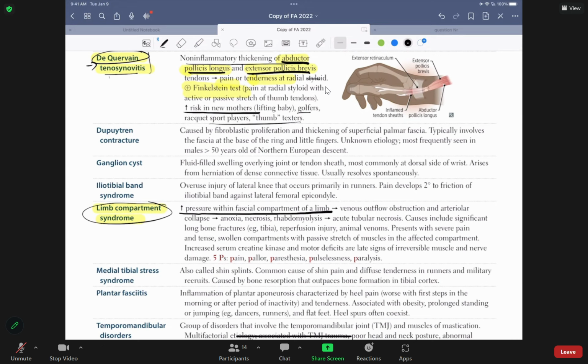So let me show the first picture of the compartment. Let's learn that. Now, this is